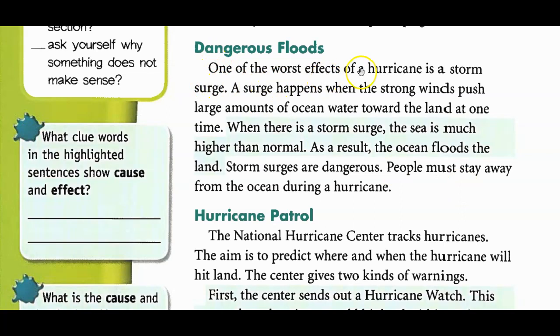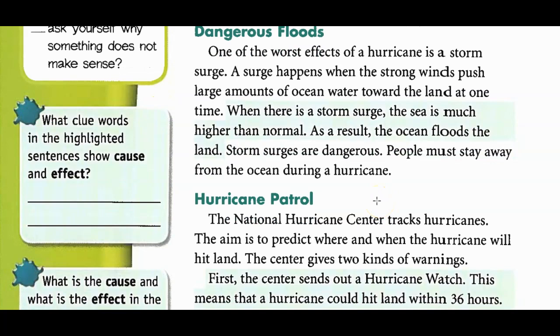Okay, one of the worst effects of a hurricane is a storm surge. A surge happens when the strong winds push large amounts of ocean water towards the land at one time. And here's what you need to highlight. When there is a storm, the sea is much higher than normal. As a result, the ocean floods the land. You see that? So it says